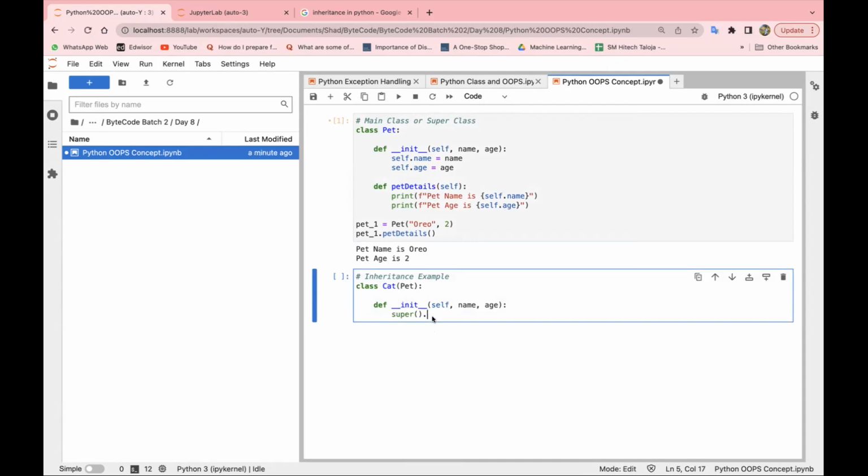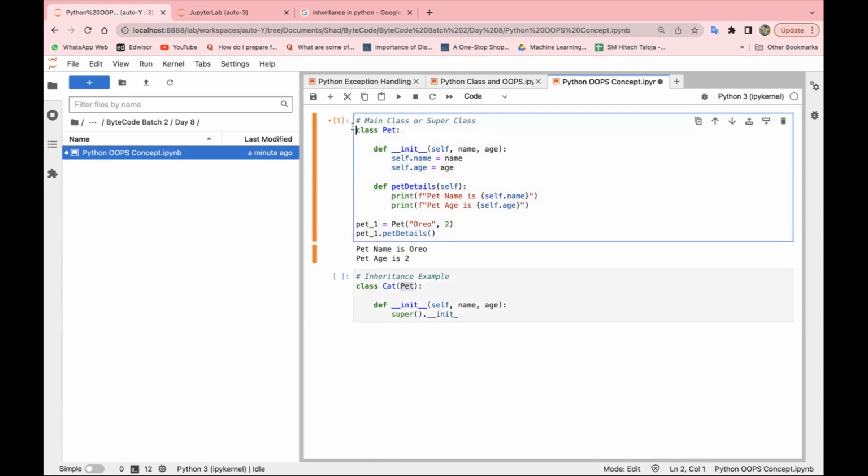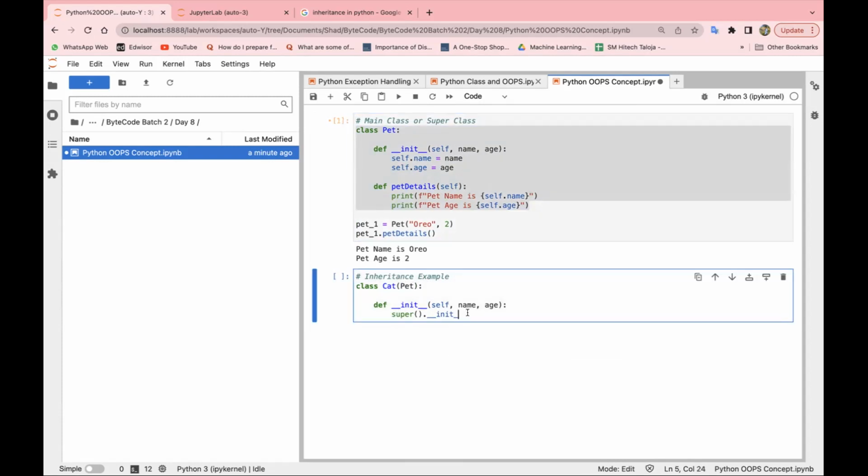Since you are using the pet class, I am initializing the pet class with the name and age, whatever you give, and then I will be calling the